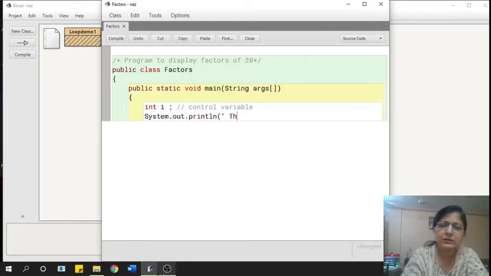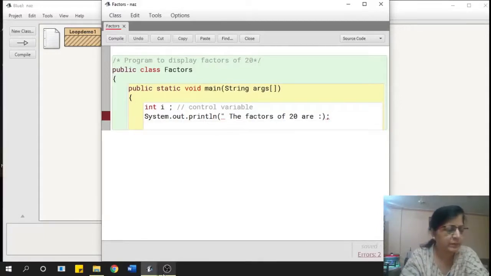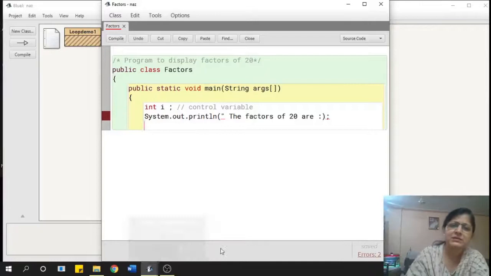Okay, the factors of, and in this case, I will say 20 because 20 is a constant here, of 20 are, and then I'm going to print over here. Okay, now I'll just print this over there in the beginning, and then I'm going to say over here, I'll keep this as